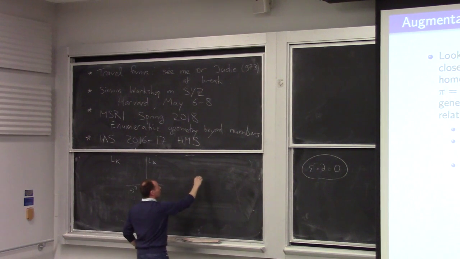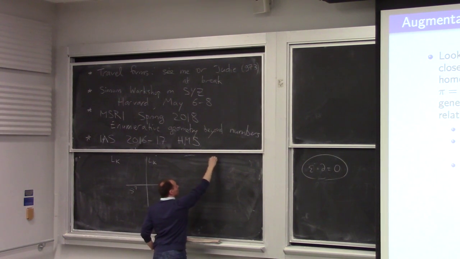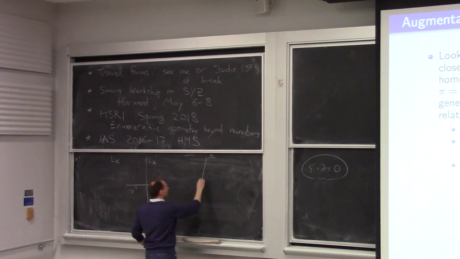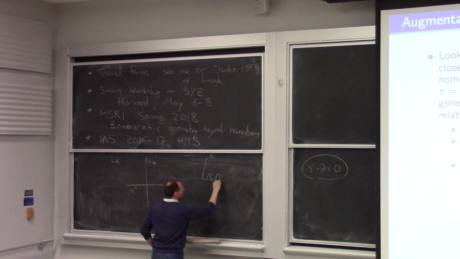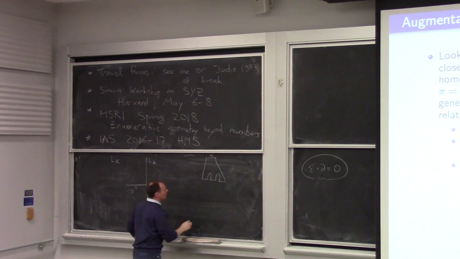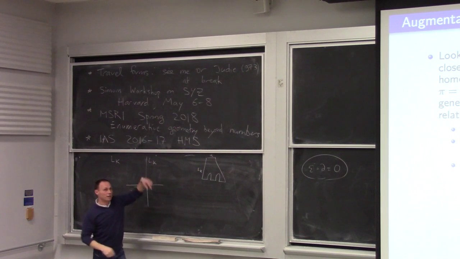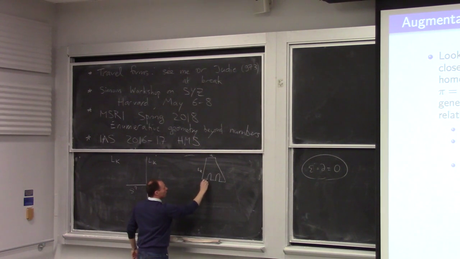And now we look at holomorphic curves of the following sort. On the top we have again A, and then we do the following. First we follow LK, and then we do a Lagrangian corner and follow S3,